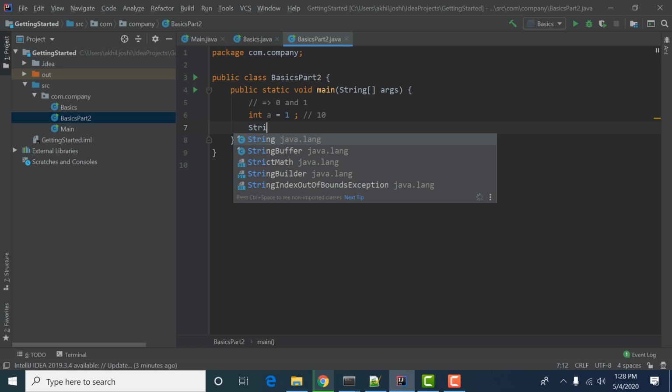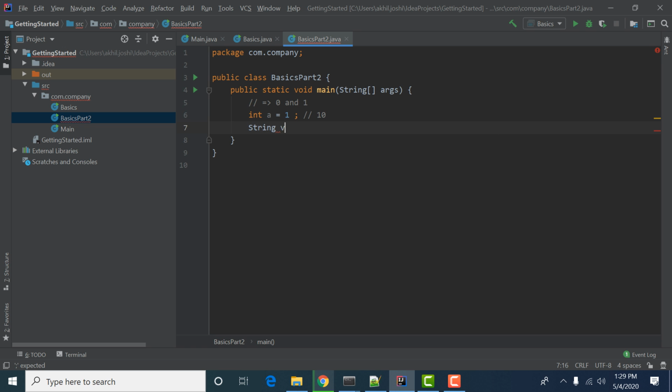For example, if we take a second data type, character c has a value of a. Actually, this a will take its value from the ASCII value.